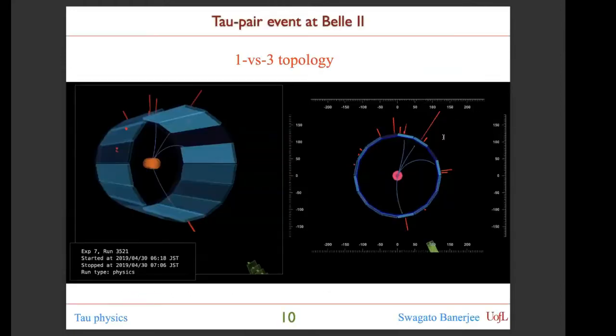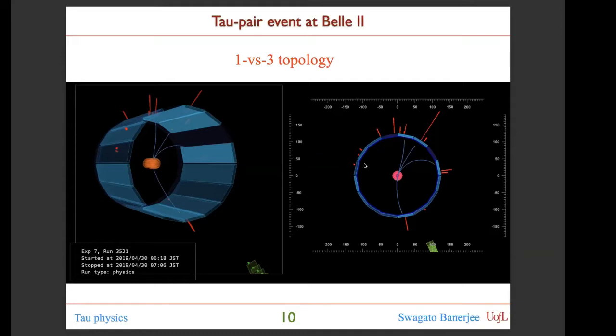Next page shows how a tau pair event looks like at Belle. This is a very characteristic signature of a tau pair event, going into an electron on one side and 3 pions on the other side. This kind of event is conventionally called 1 versus 3 topology, and you can see the horizontal, the side view as well as the view down the beam pipe for these different